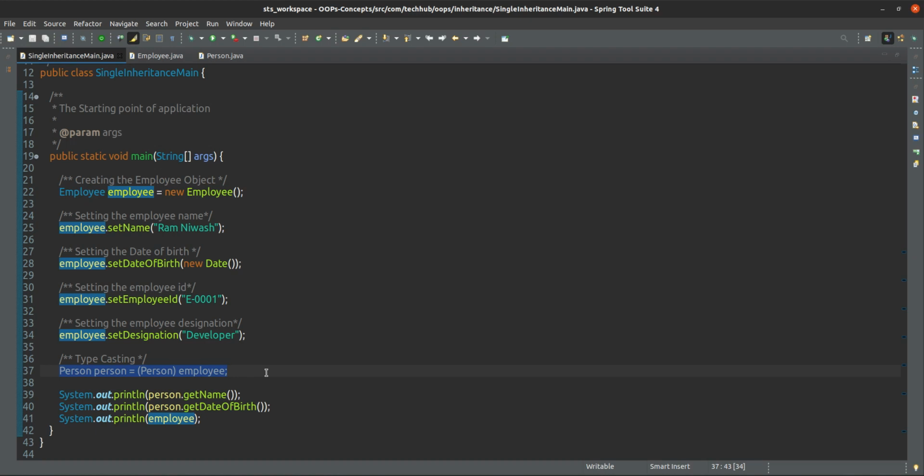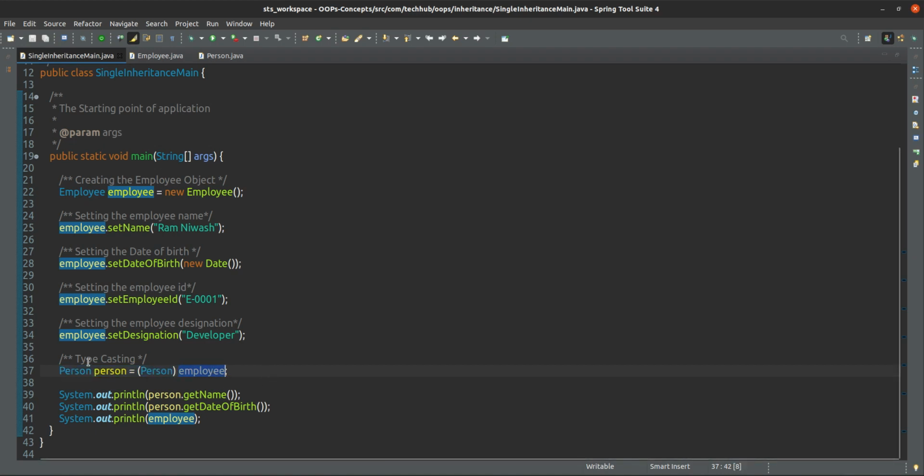If we are not able to typecast, it will give an exception, which means there is no is-a relationship. If an is-a relationship is there, meaning inheritance is there between the classes, then only we can do the typecasting. This is a super typecasting we can do here.